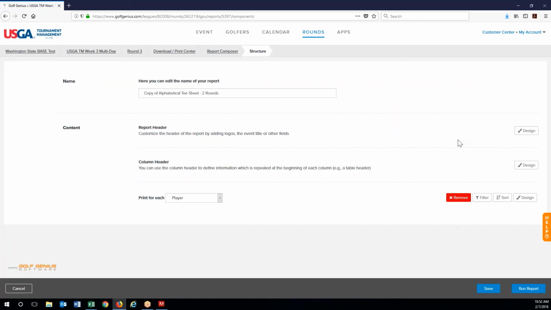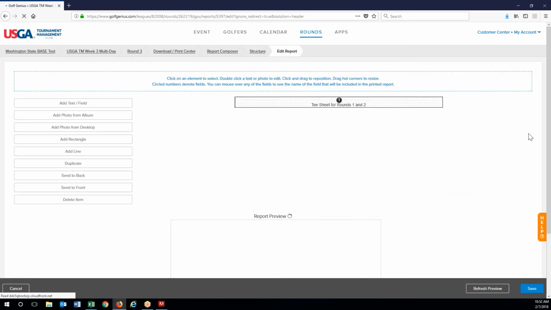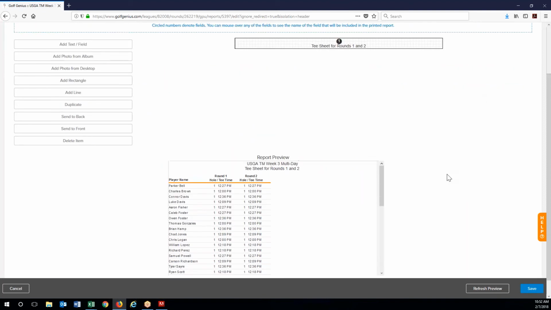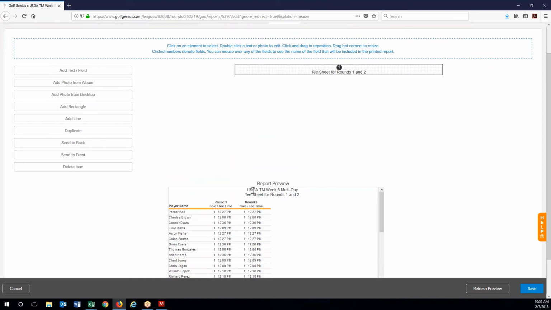Okay. So now this is a report, so we can design the report header or the column header, and then how we want it to print out. So for our report header, we hit design, and we can modify how the header looks. So this is what we'd be changing right here. So we hit cancel,